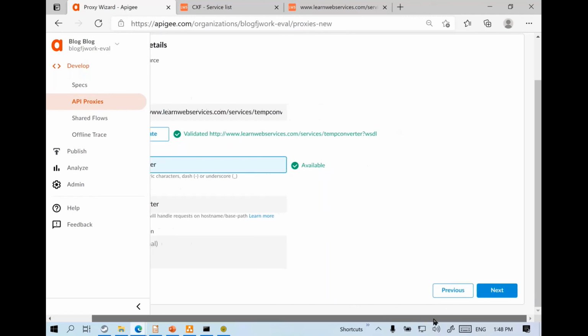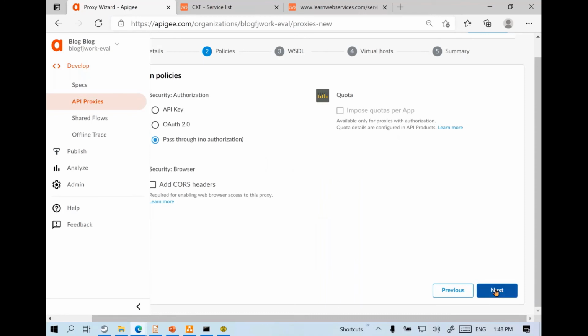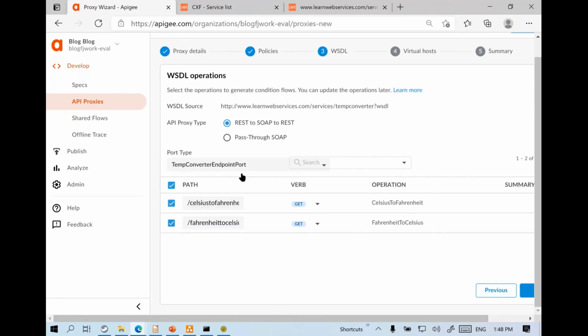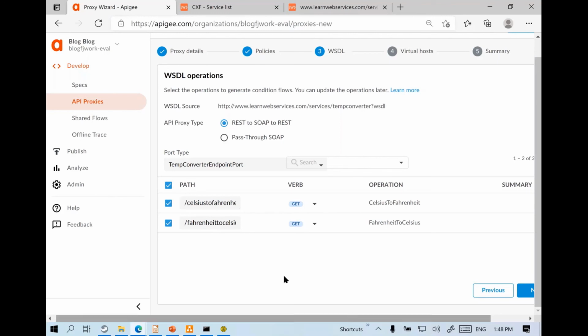So next, I'm going to click next. It will list all the operations that are supported by that particular service. So it has identified that it has Celsius to Fahrenheit and Fahrenheit to Celsius. And REST API wise, we can choose to change some of these conventions, like the path can be changed. You can also choose to use various verbs like get, post, put, delete, depending on whether you're going to perform the read-only get operation, or you're going to perform the insert or update or delete operations. So based on that, you can choose to change your verb here. For now, I'll keep it as it is. And you can choose to change this part if you want, but even this, I'll keep it as it is.